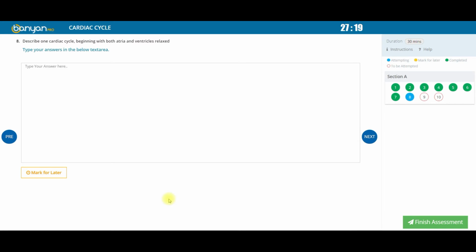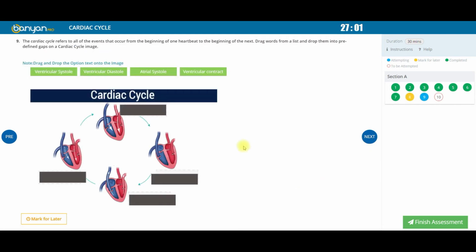This is of type descriptive, where the student has to write a more descriptive answer. For this question, I am going to mark for later so that I can revisit it once I have attended all the other questions. And moving to the next question, this is drag onto image type, where an image is given with blocks,